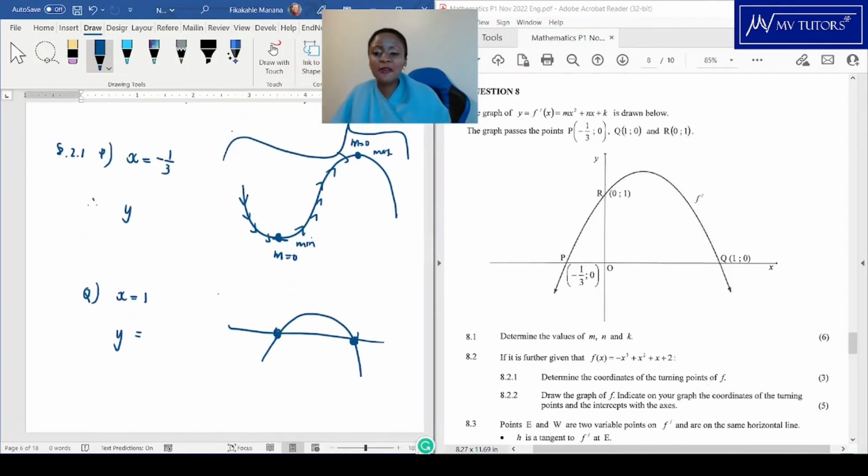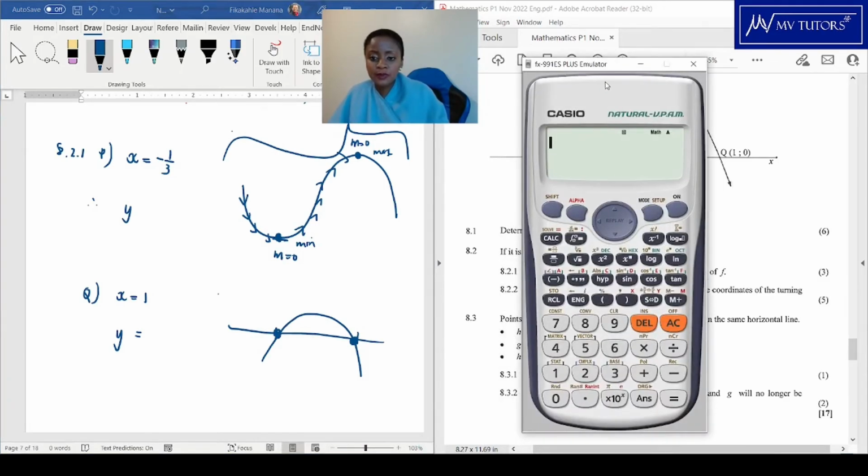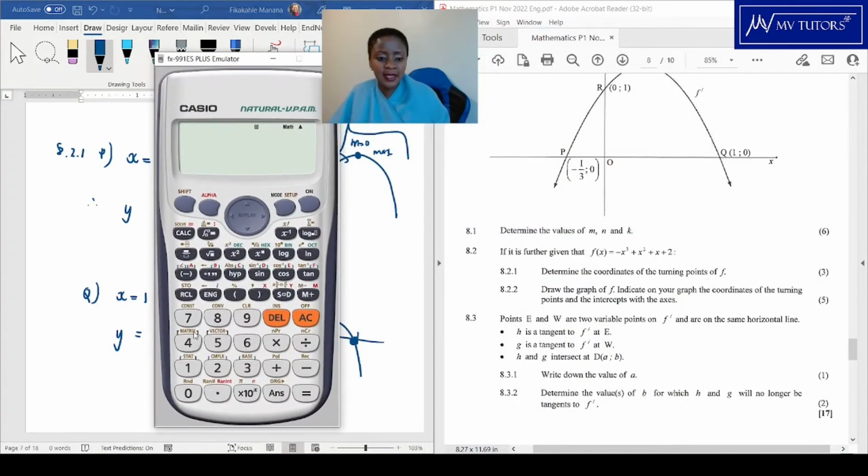Now, after you get the x values, you're going to take that x value and substitute it back into the original formula. And the original formula is negative x cubed, and so on. So in the place of x, we have negative a third, cubed, plus negative a third squared, plus